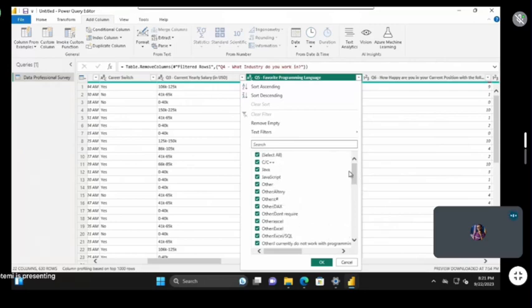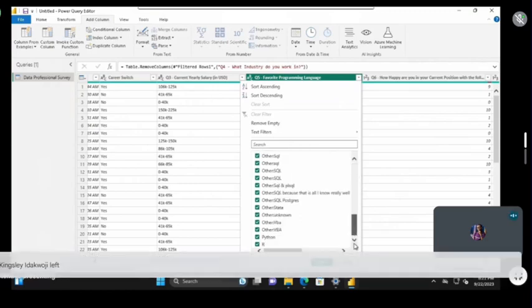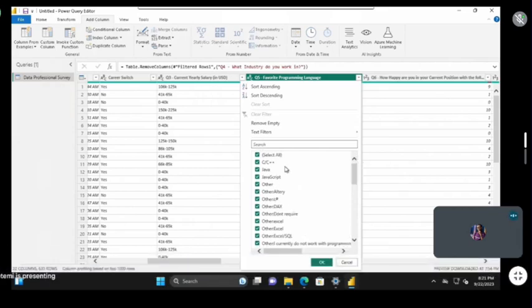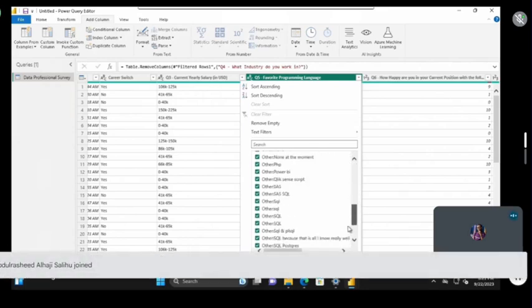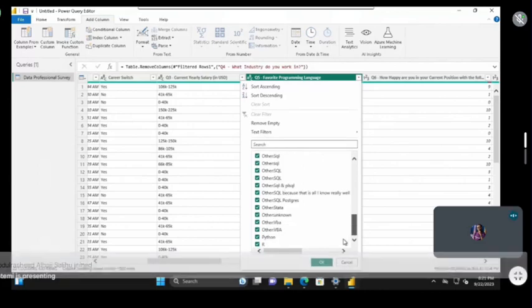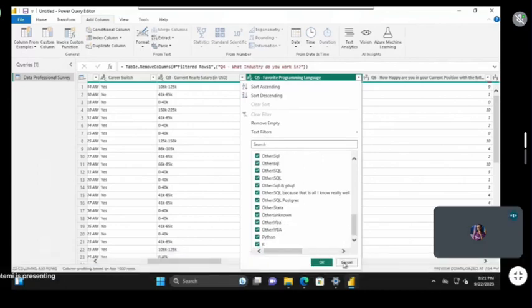Of course, we can just say we want to change everything to other. We want to remove all the others. But if you do that, you're going to have just Python, R, C++, Java, JavaScript, and other. That's like 6. So we can try that. Okay, let's see if we can do something. So let's just remove everything that way. So what we are going to do now is